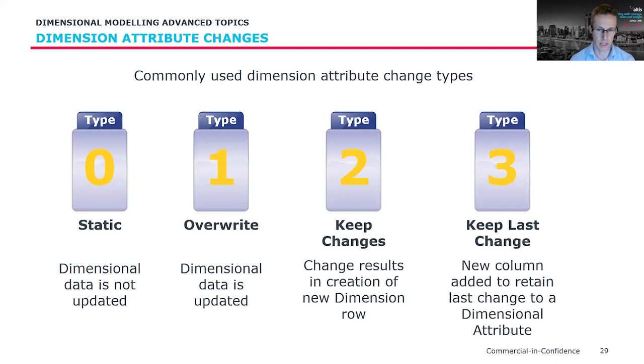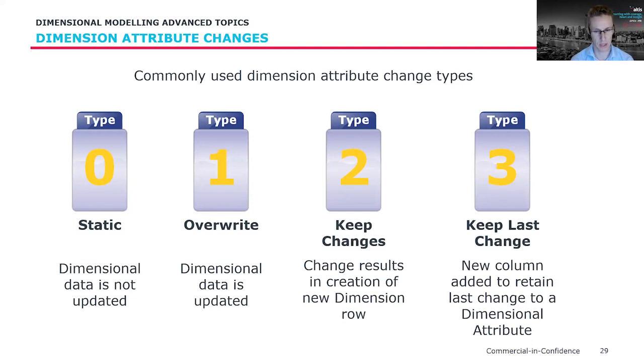Type 2 is where we enter the realms of if we want to actually track historical change. So unlike type 1, where we're overwriting change, as a change occurs in our underlying source system, what we do is we create a new row and we retire or expire the existing record that was there. And the way we deal with that is we typically would have 2 date fields, an effective from and an effective to date. And as a change is occurring in our source system, we would retire or expire our existing record in our dimension to be typically 1 second prior to the date timestamp for when that change occurred